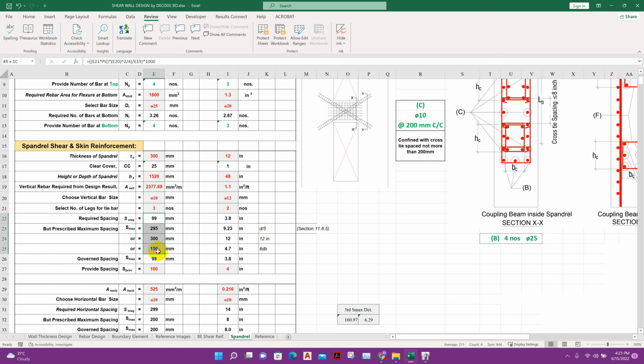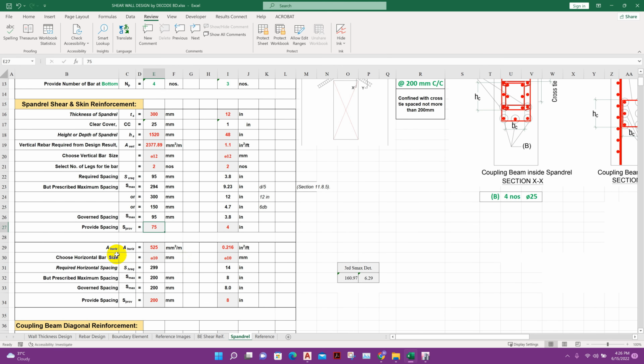From these four values, minimum value is 99 millimeter. Okay, so here if we provide 12 millimeter bar, we can provide like this with smaller spacing like 75 millimeter center to center spacing. And now horizontal rebar,